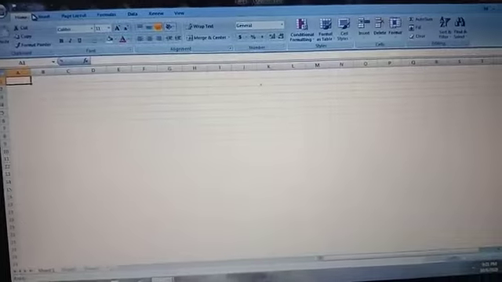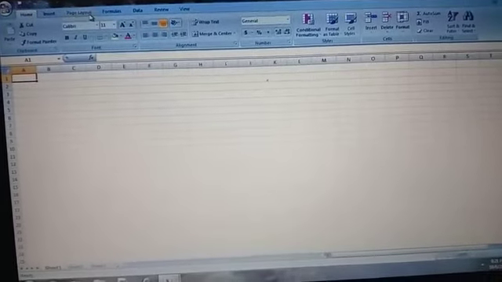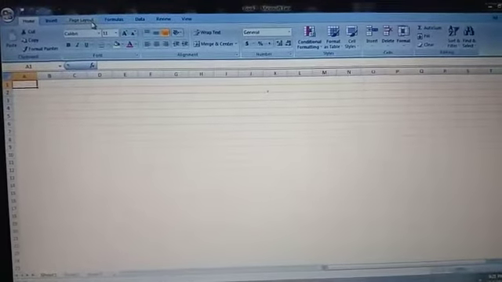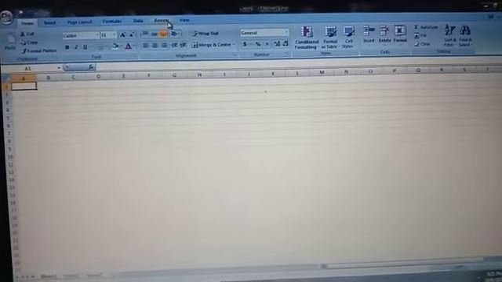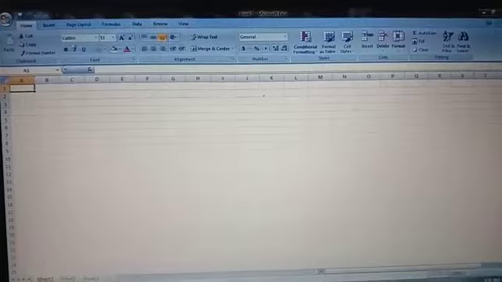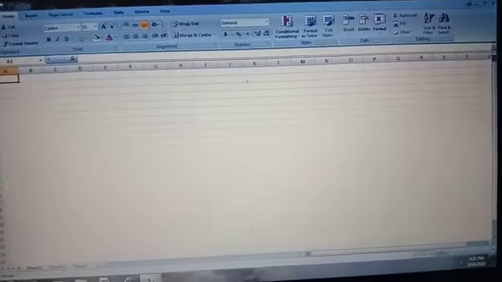Can you see the screen? Now first you have the Home. Next is Insert. Next we have Page Layout, Formulas, Data, Review and View. Okay, this is your window.